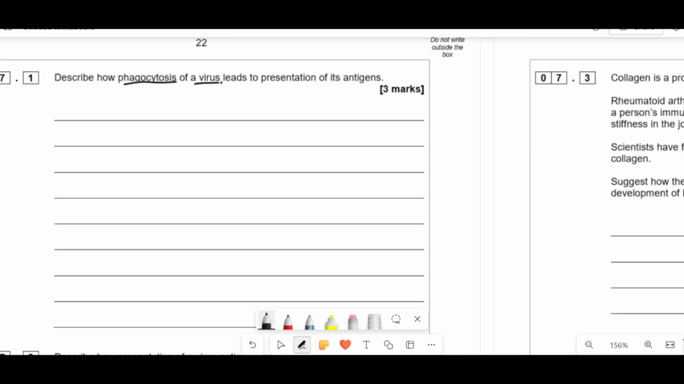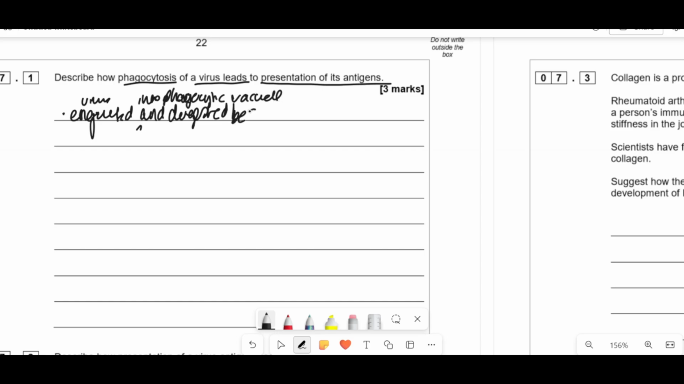Describe how phagocytosis of a virus cell leads to presentation of its antigens. Do those. The examiner report says people are yapping about all kinds of stuff which had zero relevance to the thing. Phagocytosis, it's been engulfed, it's been digested, right? So then what? So the virus is engulfed and digested because it's engulfed into a phagocytic vacuole and